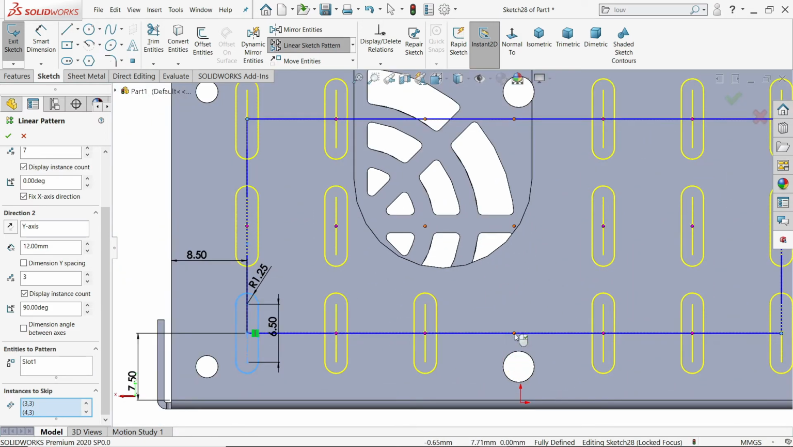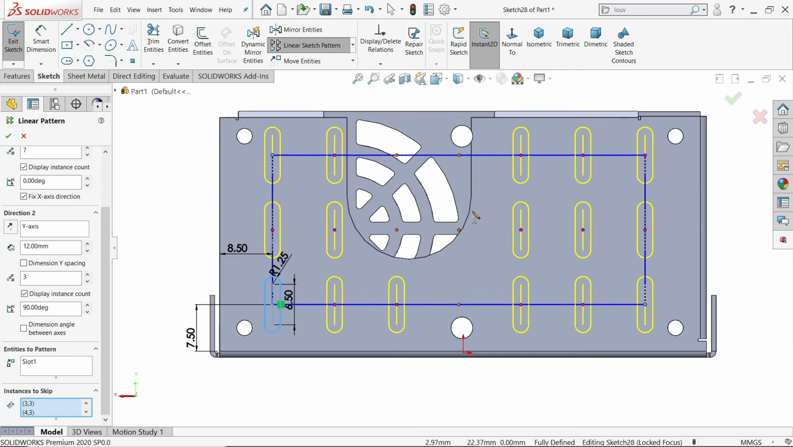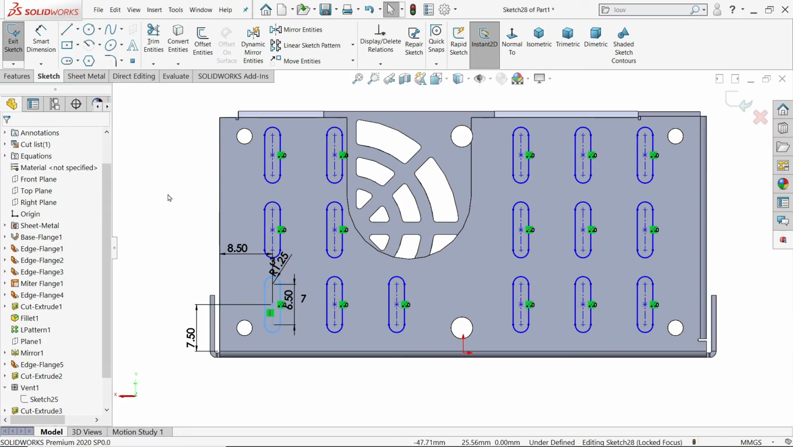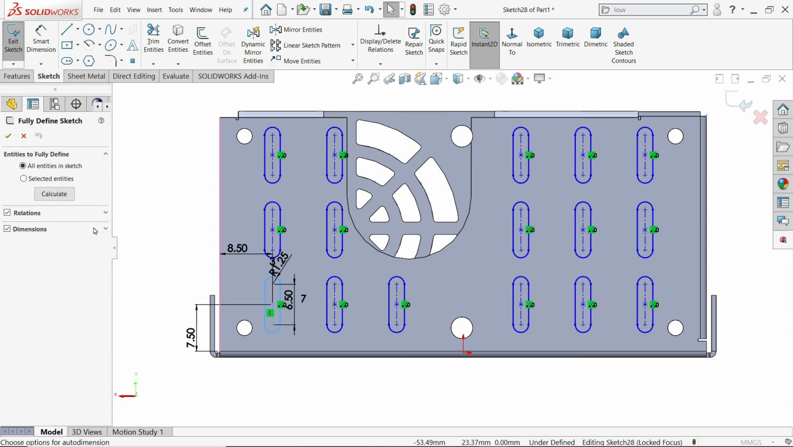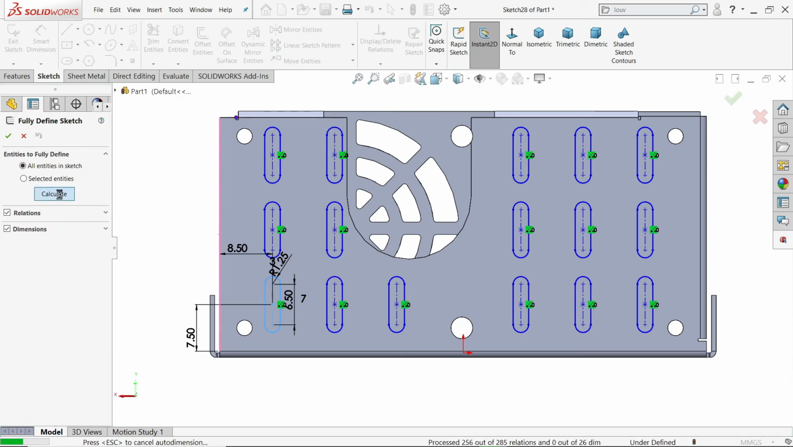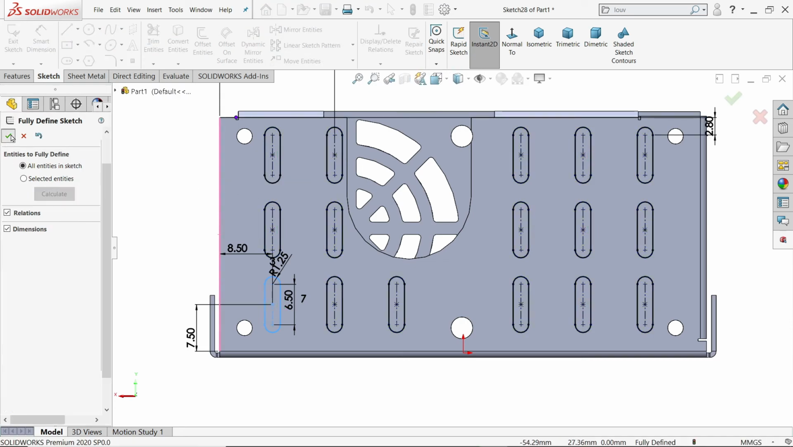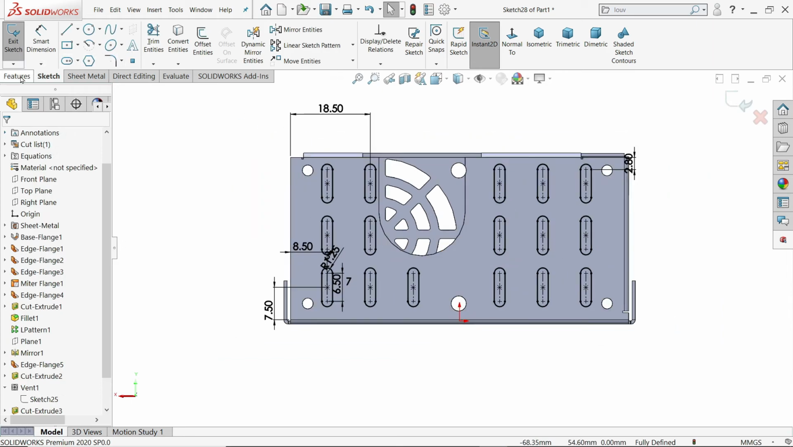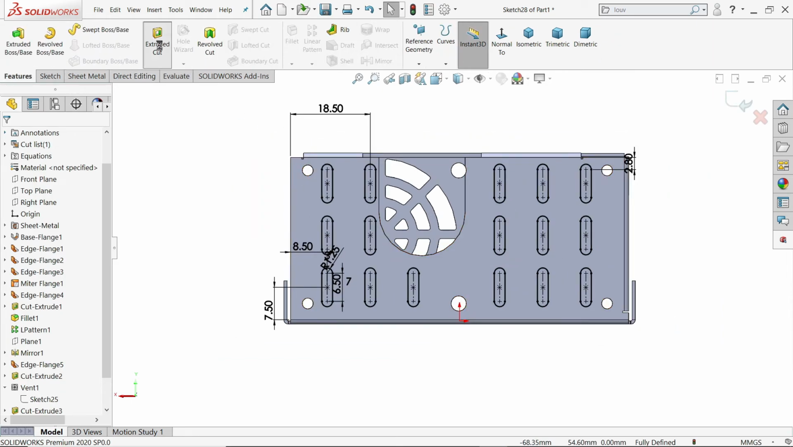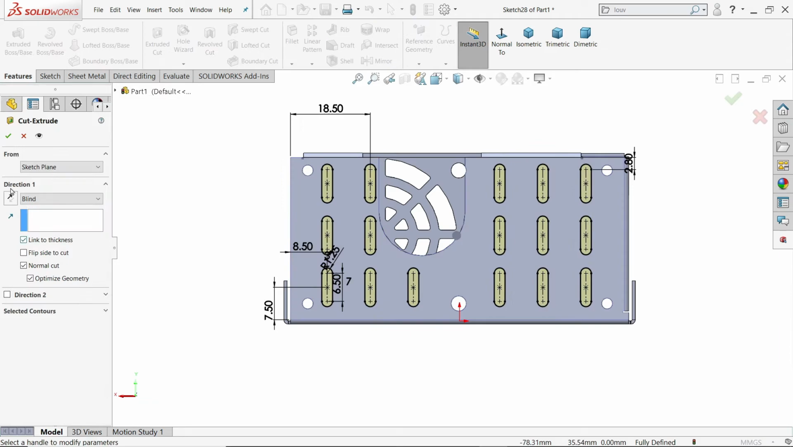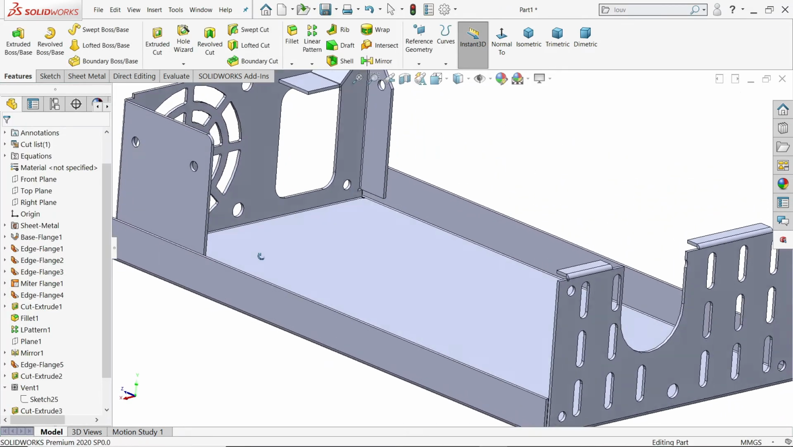Here also we need to remove. We will remove all the places where we don't need. Say yes. Fully defined sketch, calculate, because there is too many geometry. Okay. Extruded cut, link to thickness. Okay. See,